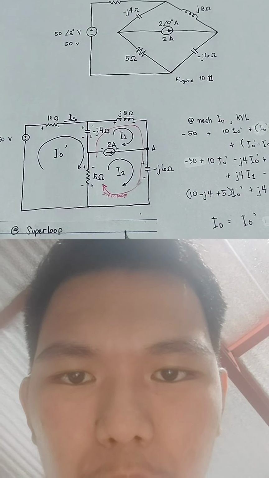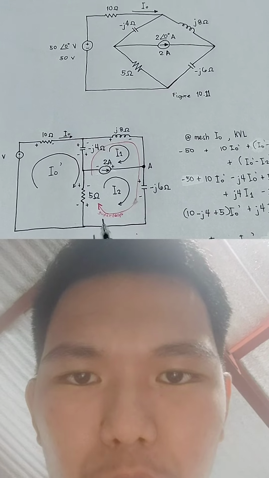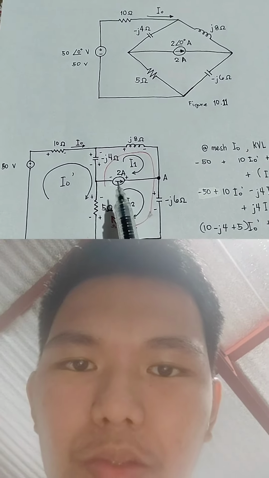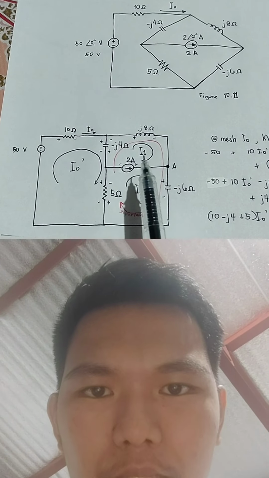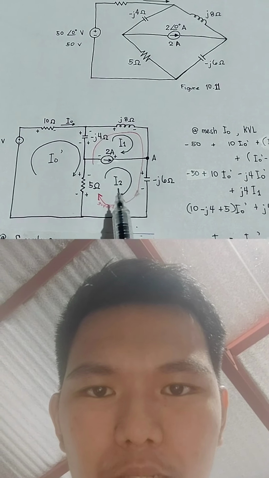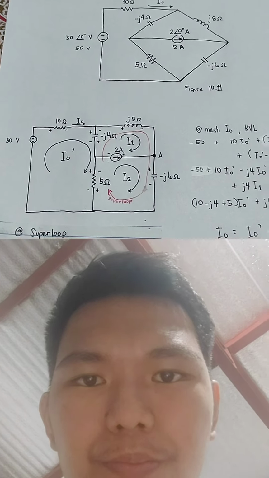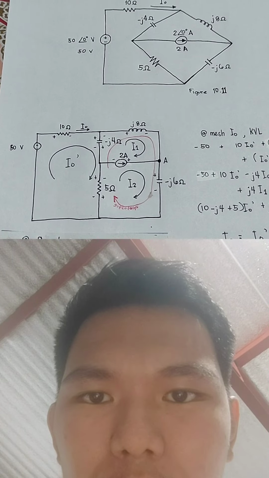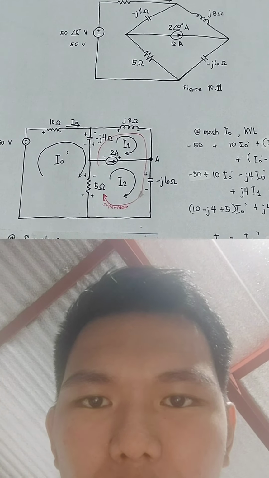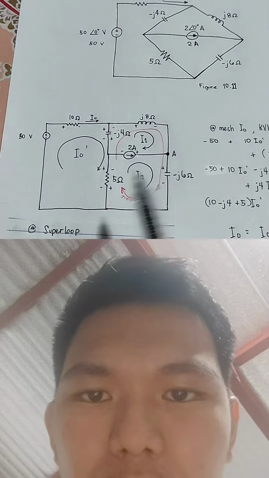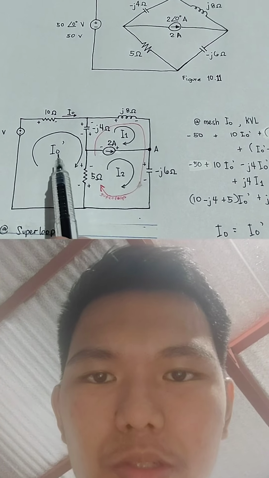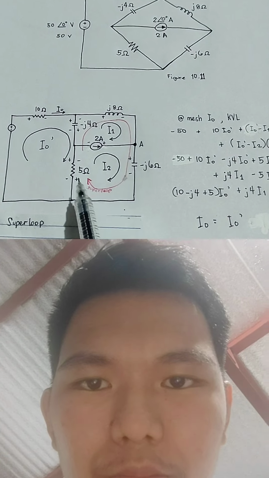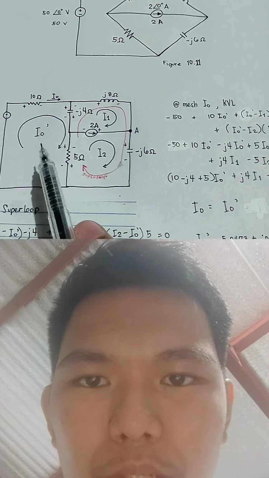As we can see, we use the super loop combined because of the current 2A affecting the current I1 and the current I2. Next, we will assign signs for each of the components in the circuit. This Io prime is also just the Io. And for mesh Io, we will use the KVL,